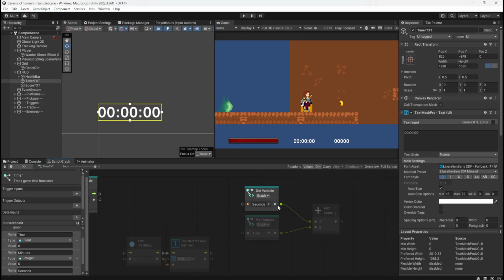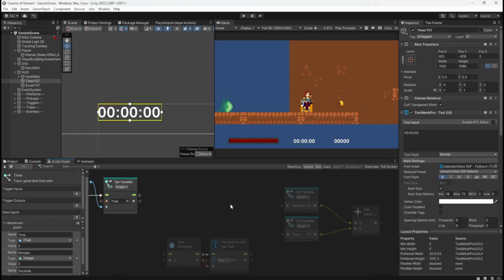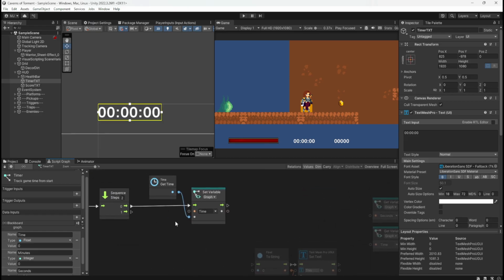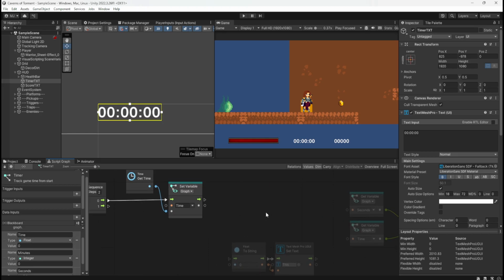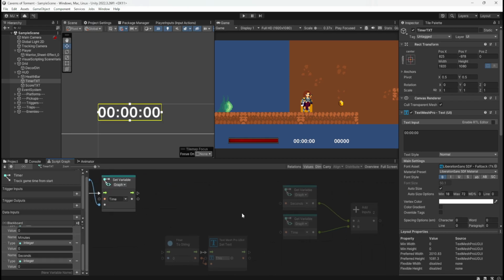Oh my god, it's like on tick, we're adding to the float of time. That's happening. So that's the float for time, but then, oh, I'll tell you what, why am I doing it as an integer?